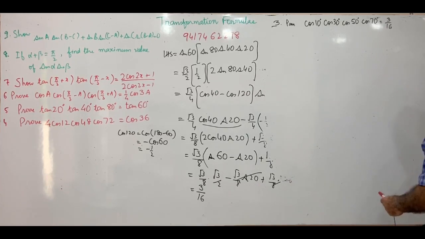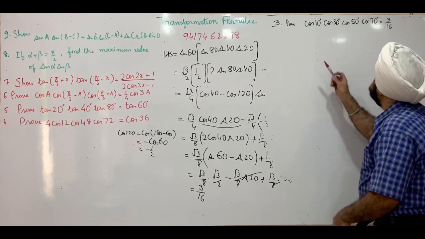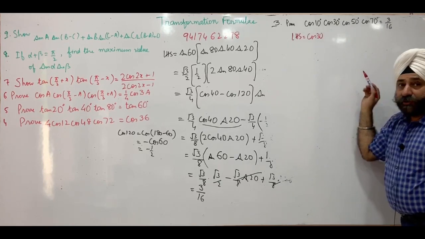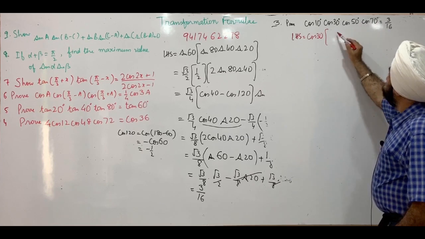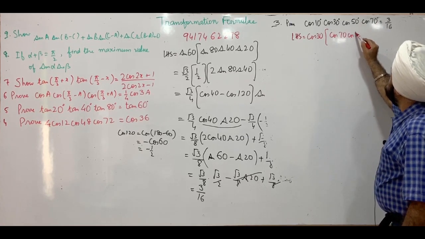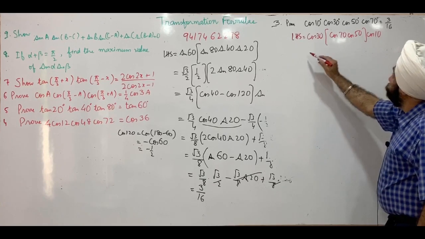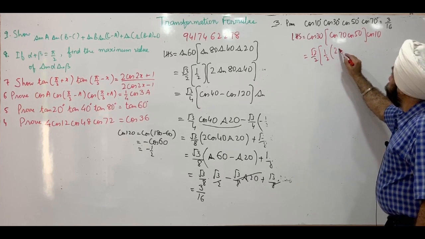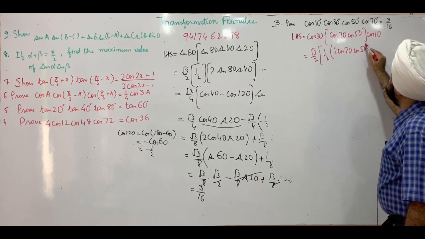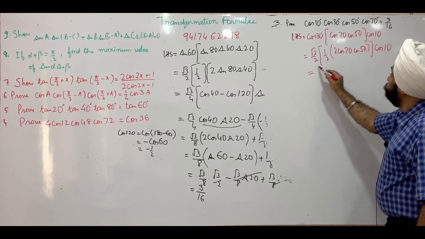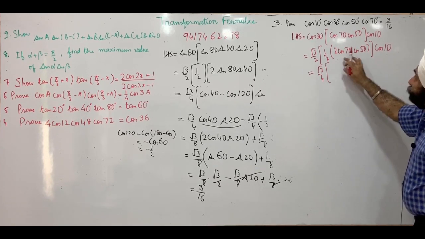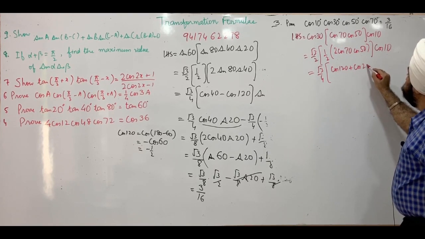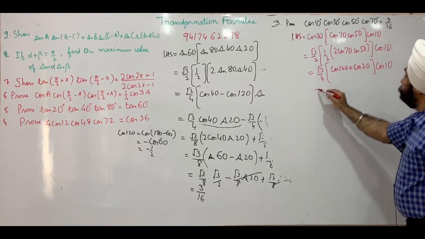So we change the order in which these terms are written, starting from the left hand side. Cos of 30 first. We know the value of cos of 30, into then descending order, cos of 70 into cos of 50 into cos of 10. This is root 3 by 2, divided by 2 multiplied by 2, into cos of 10. Root 3 by 4. 2 cos A cos B is cos of A plus B plus cos of A minus B, into cos of 10.